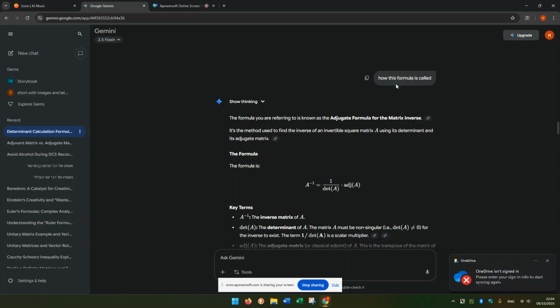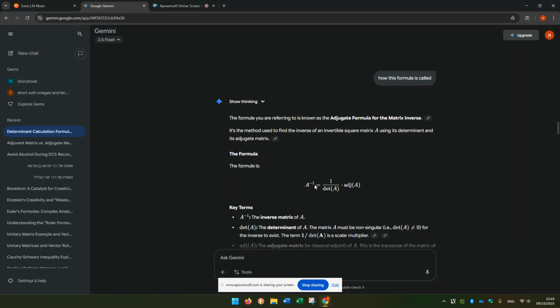So let's talk about the adjugate formula for the matrix inverse. There are many formulas for the inverse of a matrix. Now we're going to talk about the adjugate formula for the matrix inverse. Namely, this formula. You see the inverse right over here, and the formula says that the inverse of A, where A needs